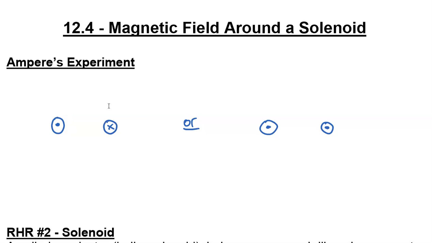And so what I want you to do right now is, these are two current-carrying wires. It's a conventional current. And in the diagram on the left, I want you to draw the magnetic field. Pause the video and do that. And then do the same for the diagram on the right. And then we're going to talk about what's happening in those two diagrams. So go ahead, use your right-hand rule, pause the video, and try this out.